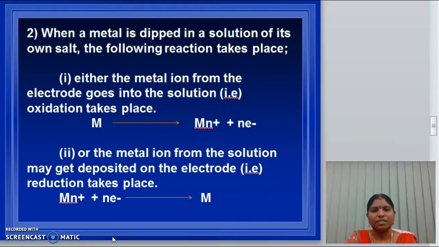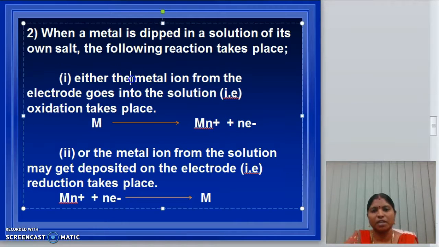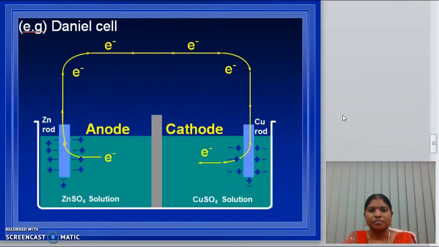Second point: a metal consists of metal ion and its valence electron. When this metal is dipped in a solution of its own salt, two possible reactions are there. Either the metal ion from the electrode may go into the solution, or the metal ion from the solution may get deposited on the electrode. The first one is known as oxidation and the second one is reduction. So when a metal is dipped in a solution of its own salt, either oxidation or reduction will take place. Let us explain this electrode potential with an example,